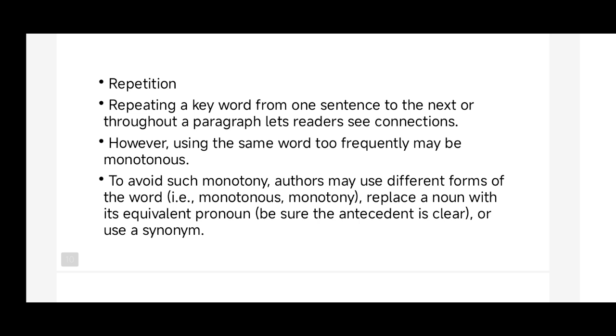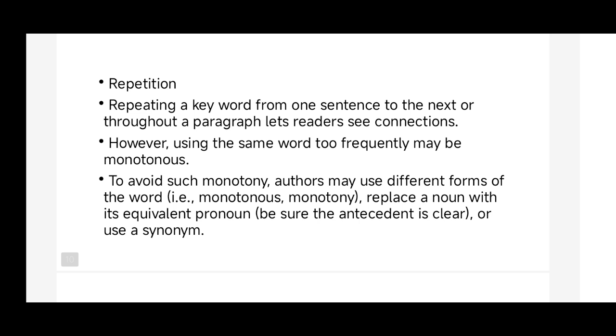Some people repeat the same sentence. You can avoid that, because when you are consistently working on it, you can't notice, because you are in a subjective mind. The repetition sometimes will not come to your mind. Once you keep the article aside for some days, then you can easily